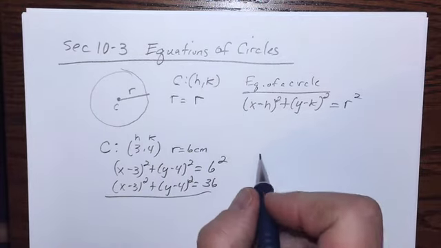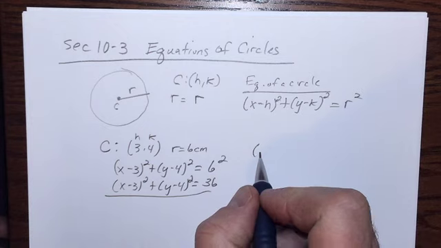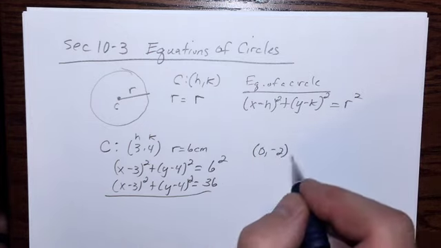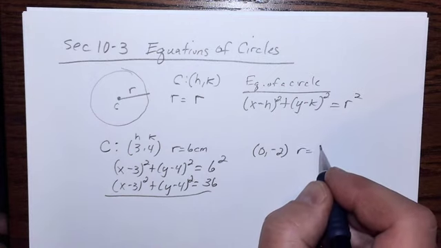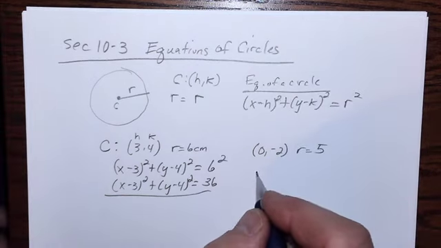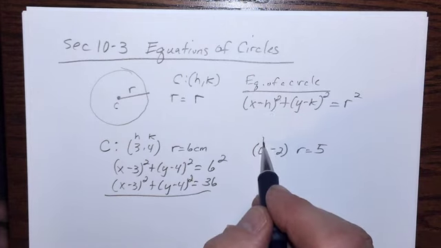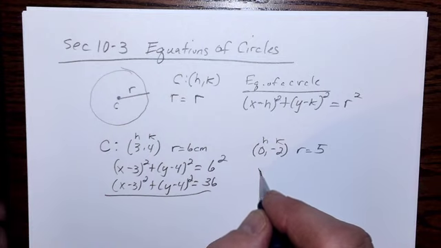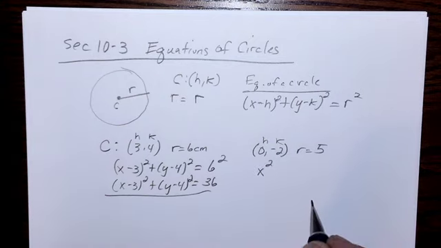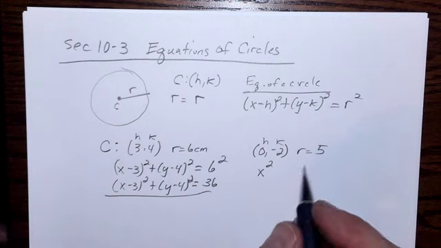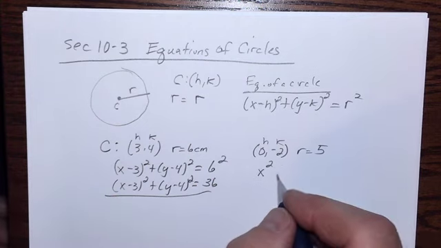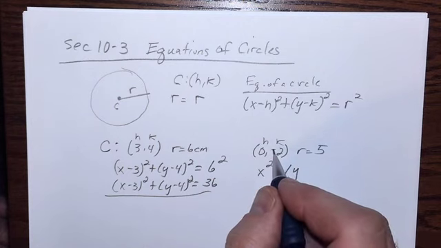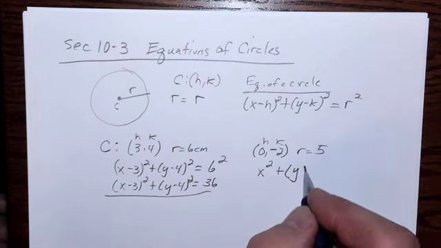The only thing to watch out for would be if the center of the circle was, let's say, the point (0, negative 2), and the radius was equal to 5. So we're going to go x minus h. This is h, this is k. So x minus 0 is just x. So when the coordinate is 0, you just write it as x squared, or if it was y, it'd be y squared, plus y minus k. And when that's a minus, minus a minus is a plus,